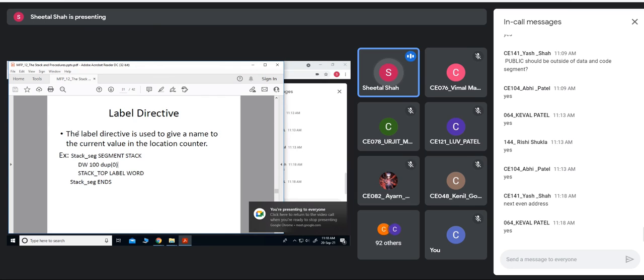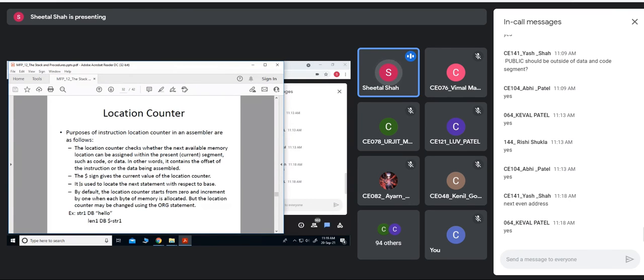You can see that for the name of this stack segment, you can provide any name. You cannot skip the segment assembler directive, which should be followed by stack to indicate that these 100 words should be used as a stack. Because the organization of the other segments and the stack segment is different, you have to indicate explicitly that it is a stack segment, and the segment ends here.